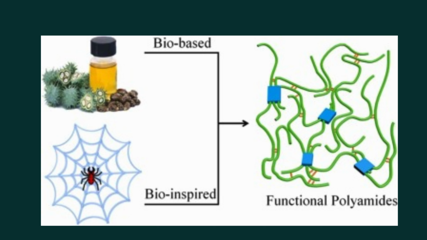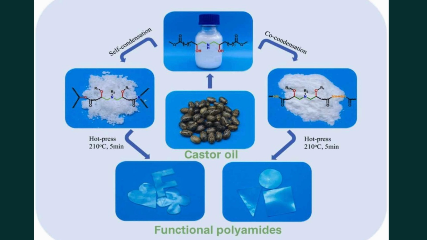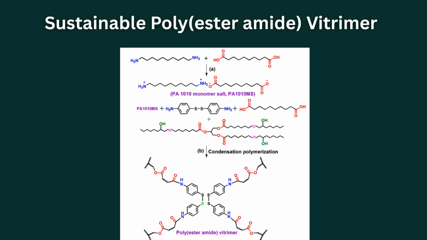Castor oil-based polyamides. Polyamides derived from castor oil are economically attractive and widely used in engineering applications. Sebacic acid, obtained from castor oil, is a key monomer in the synthesis of various polyamides, including nylon variants. Polyamide synthesis can be achieved through the formation of ammonium salts followed by high-temperature dehydration or through aminolysis reactions. Advanced catalytic processes enable the production of amino esters from castor oil derivatives, facilitating the synthesis of polyamides with controlled